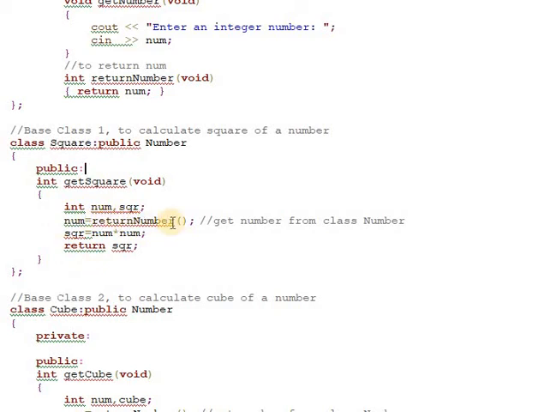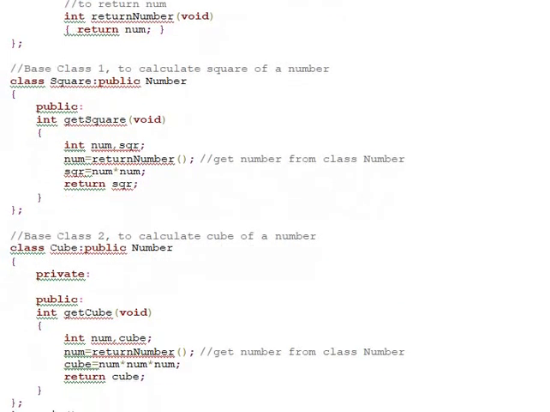So num equal to return number, it will get the number from the class number. Now square equal to number into number. To calculate the square we multiply the same number. So number into number, and it will return the value of the square to this function.